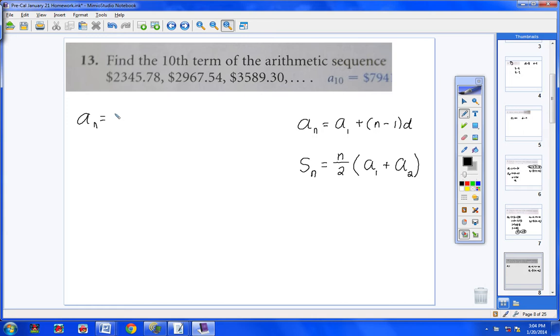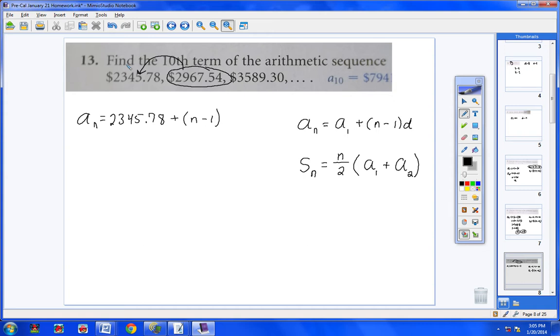So a subscript n equals a subscript 1. That would be 2,345.78, plus n minus 1, and then your common difference. Now, to find the common difference, you take any term that you want and subtract from it the term immediately to the left. So I've got my calculator out here,